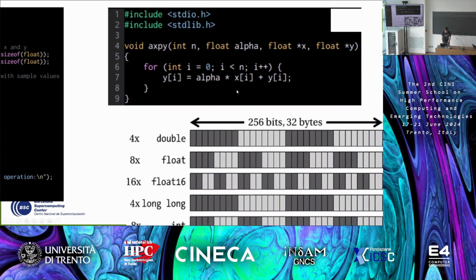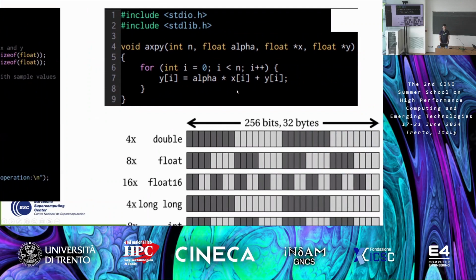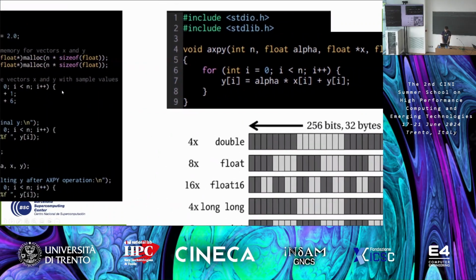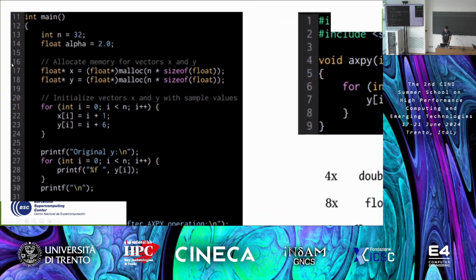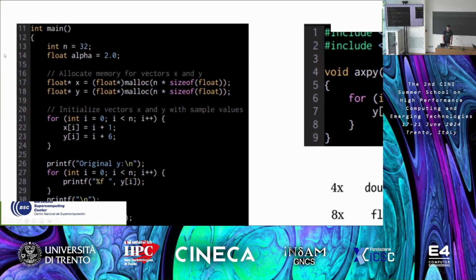So this function is the same that I showed you before. It's the standard scalar one, okay? Here I put the main, because it's important. Let's assume that I have 32 elements for each vector, okay? 32 is nice because it's a power of 2, right? And also it's a multiple of 8. That's nice as well, because if I have a vector unit that is operating 8 by 8, well, I can write down, now I zoom,